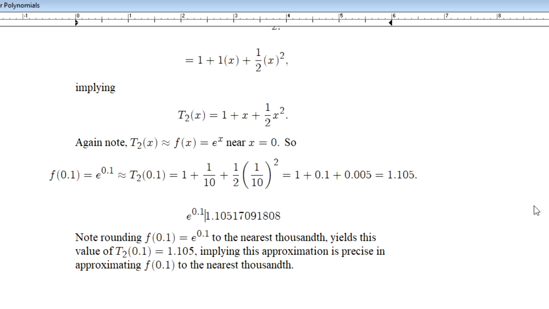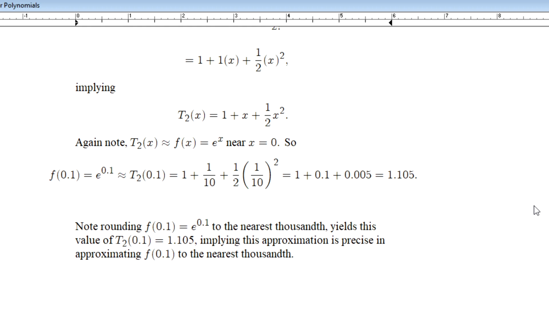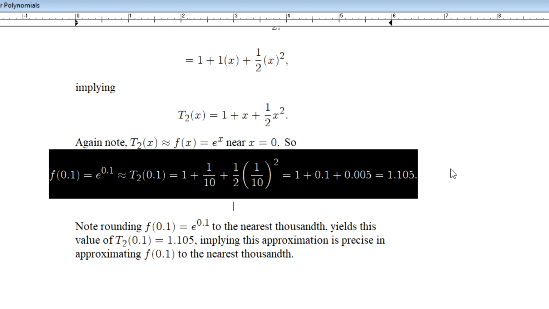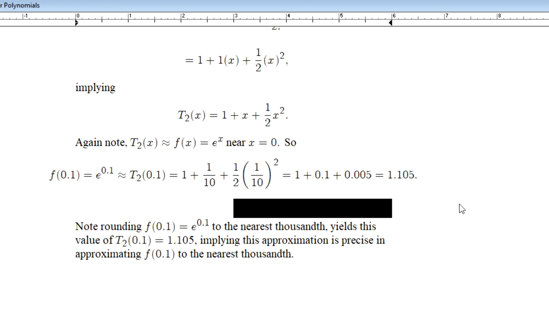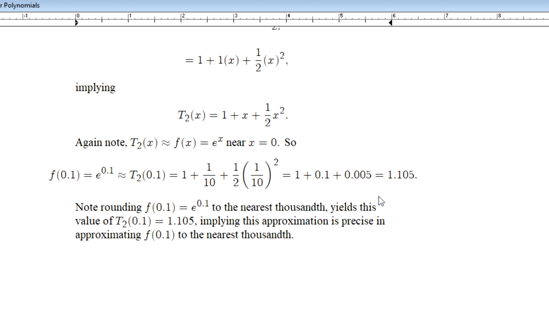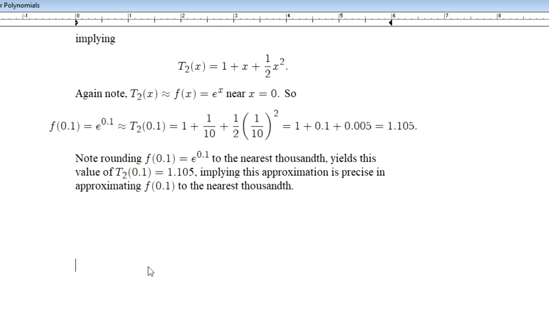Let me remove that just to keep the notes concise here. All right. Applying the approximation is precise in approximating f of 0.1 to the nearest thousandth of a decimal. If we actually take note of their graphs,